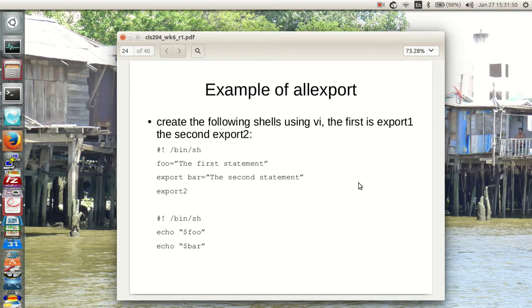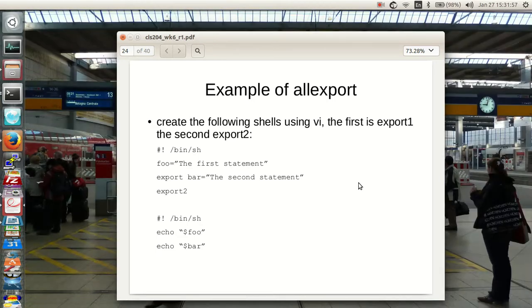There's a couple of shells that we'll create in class. We'll use VI, of course. Man, I hate VI. The first is export 1, and the second is going to be the shell export 2. So there's the shebang line, and notice I'm using /bin/sh here, not /bin/bash, but we all know what that points to. foo equals the first statement, and I'm going to export bar equal the second statement, and then